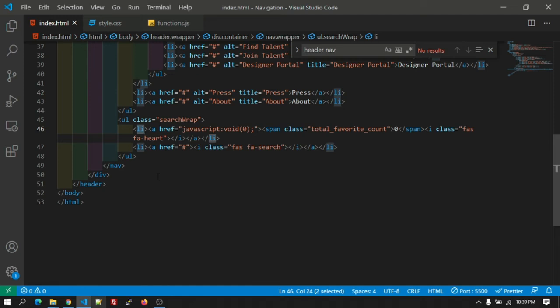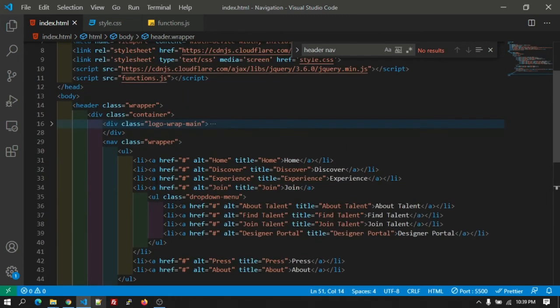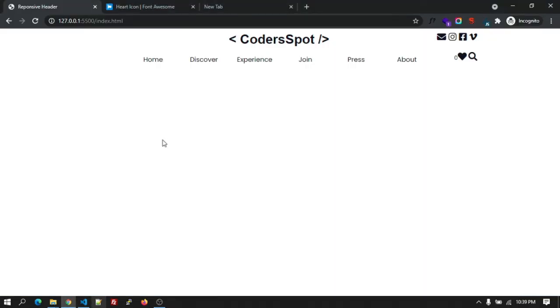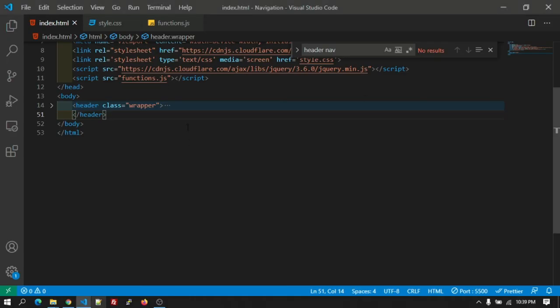So let's add the HTML for that pop-up. It should be outside the header tag. Actually, it should be outside the header tag itself. So let's create the div with class favorite. It's not a pop-up, but let's pronounce it as pop-up. Inside that, let's create a blank div.